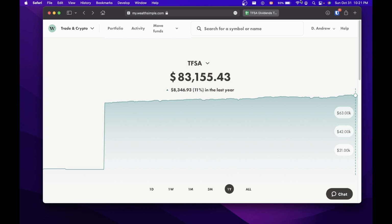It's Sunday evening here, October 31st, so hope everyone had a nice Halloween. This is just the weekly update on the TFSA portfolio with Wealthsimple Trade. We just finished week 30 already. It's crazy how fast time's gone, but it's been 30 weeks that we've had the portfolio and the